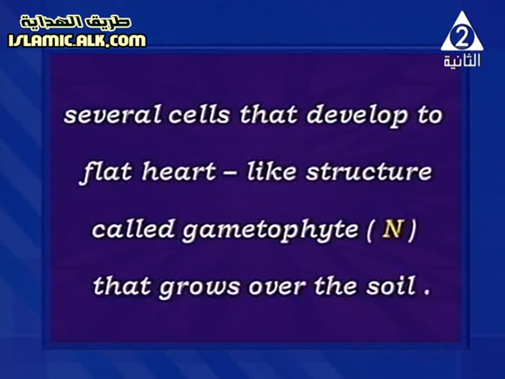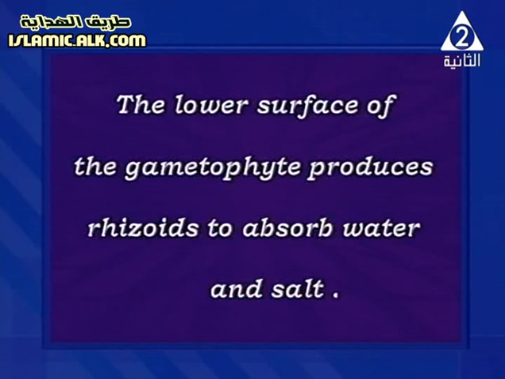After germination, what are they forming? They form several cells that develop into a flat, heart-shaped structure, which is called the gametophyte. This gametophyte contains half of the genetic material, which is haploid n, and grows over the soil. After that, the lower surface of the gametophyte produces rhizoids. The rhizoids look like roots, but they aren't roots,